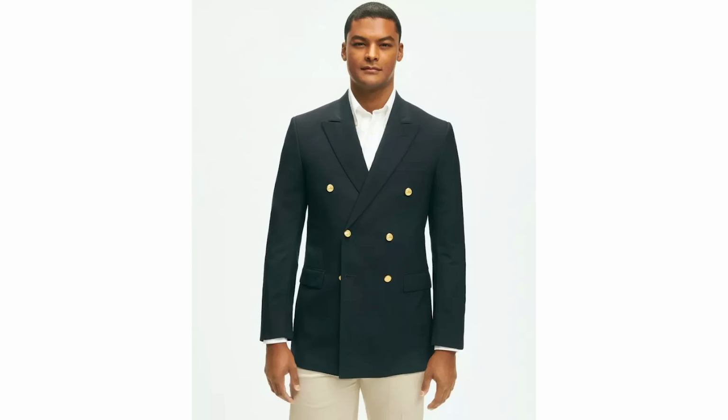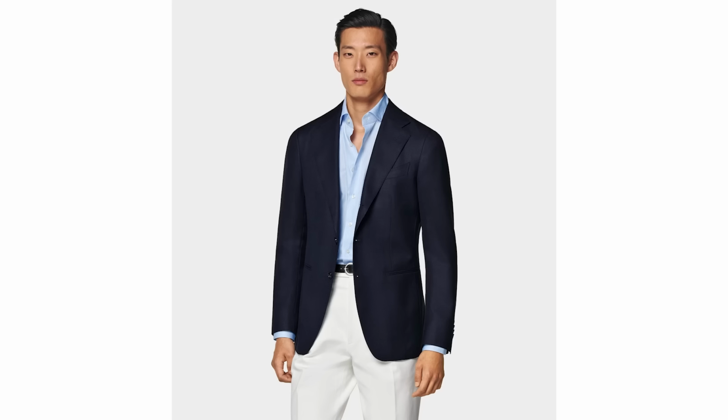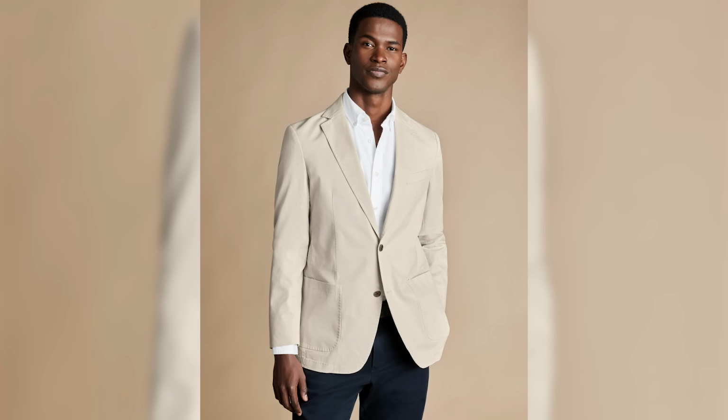On those cooler April and May days, it's often necessary to wear a jacket or layer with knitwear. The undisputed king of nautical style is the double-breasted navy blazer. This style borrows from naval uniforms and has been the go-to piece for a gentleman near the water for decades. You may also want to wear a single-breasted navy blazer, and for the summer I would recommend a stone, linen,